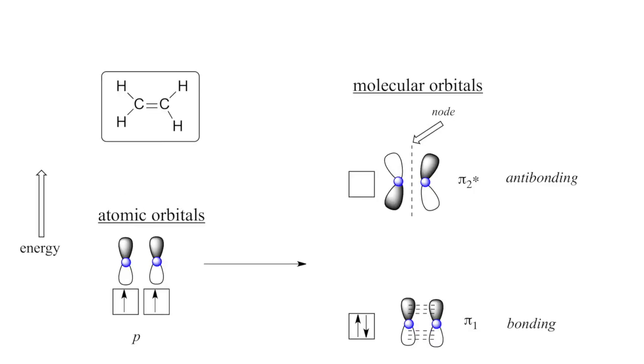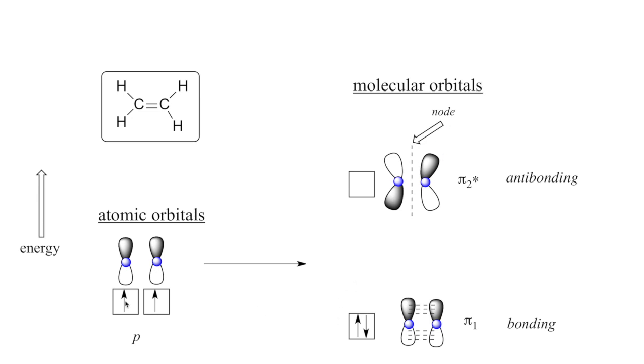Let's take a look at another example, the ethylene example here. In this case, let's now focus on the p orbitals. We have here the p orbital of the carbon and the p orbital of the other carbon. Individual atomic orbitals, we mix and combine them, they will give us two molecular orbitals, the bonding orbital and the anti-bonding orbital. Notice that the bonding orbital has lobes that are shaded in phase with each other, whereas anti-bonding orbitals have lobes that are opposite in shade. Again, this orbital is higher because of that node.